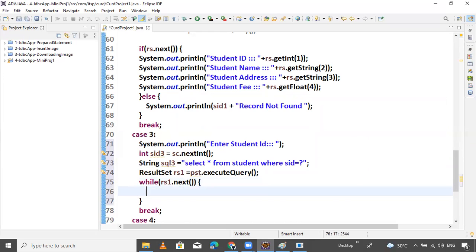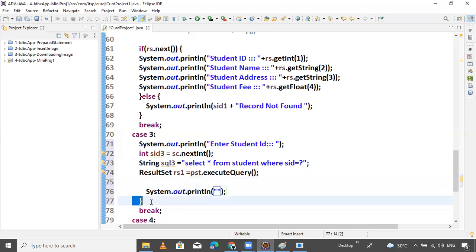You can read the data until it finishes. S out. Here is also not required. Just rs dot next. After that, I will also use a for loop. rs1 dot next. That's simple. Next is the forward direction.